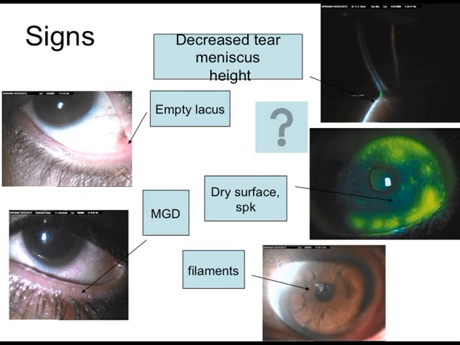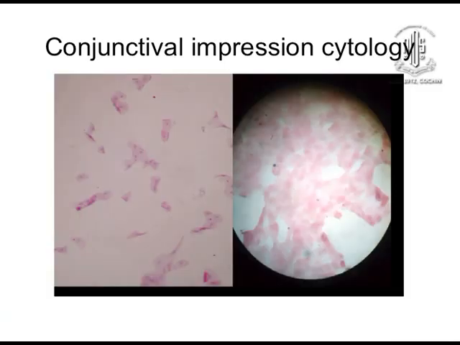The meibomian glands are diseased, the marginal glands are diseased and inflamed, and you find froth at the openings, then filaments. And then when you stain with lissamine green, you will find deficiency of the areas, and then there are mucus strands on the eye. So all this together can tell you that there is something wrong.